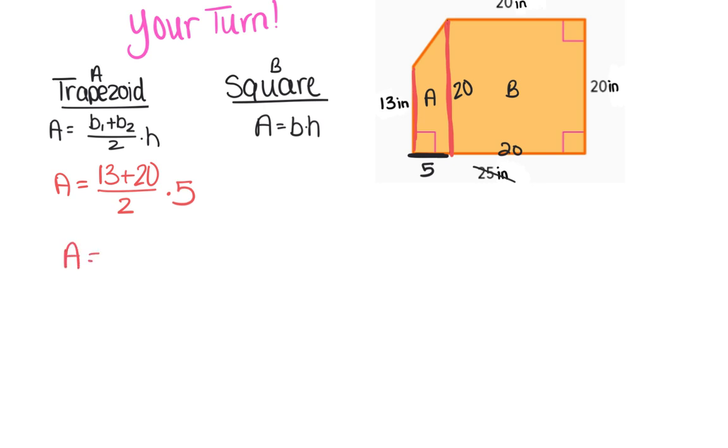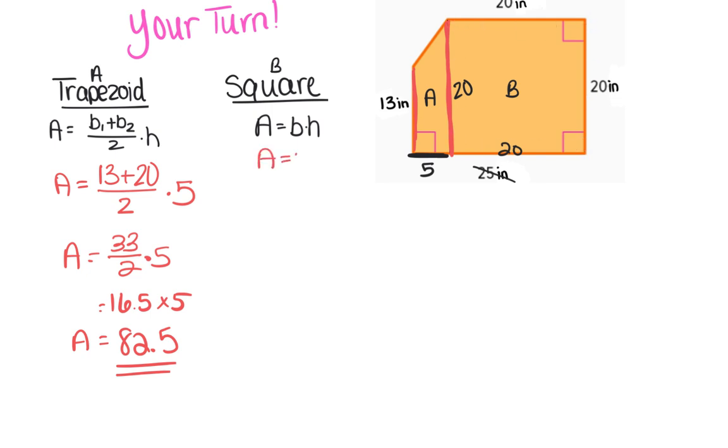So I've got 13 plus 20, that's 33, divided by 2 times 5. If I take 33 divided by 2, I get 16.5 times 5. And that leaves me with an area of 82.5 for the trapezoid. I always like to kind of double underline it so it stands out. And then our square, this one's nice and easy. I just have a 20 by 20 square here. So the area is 20 times 20, which is